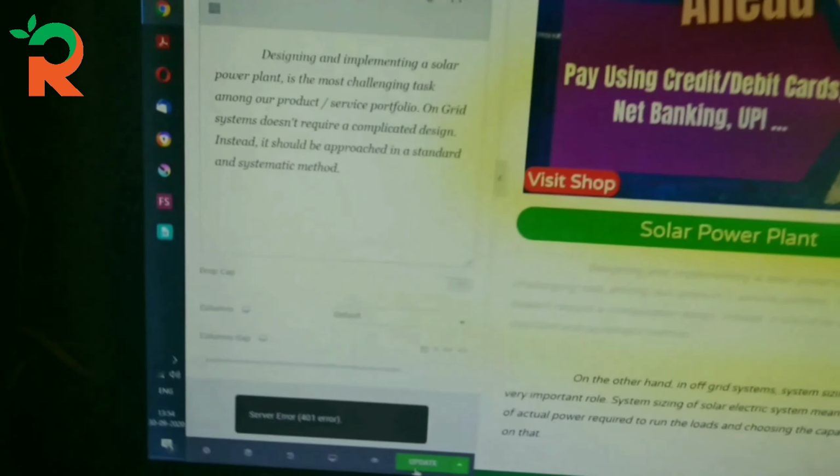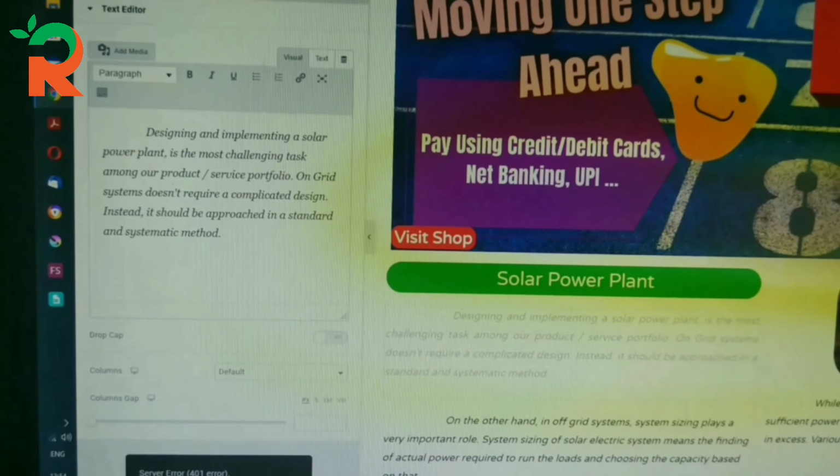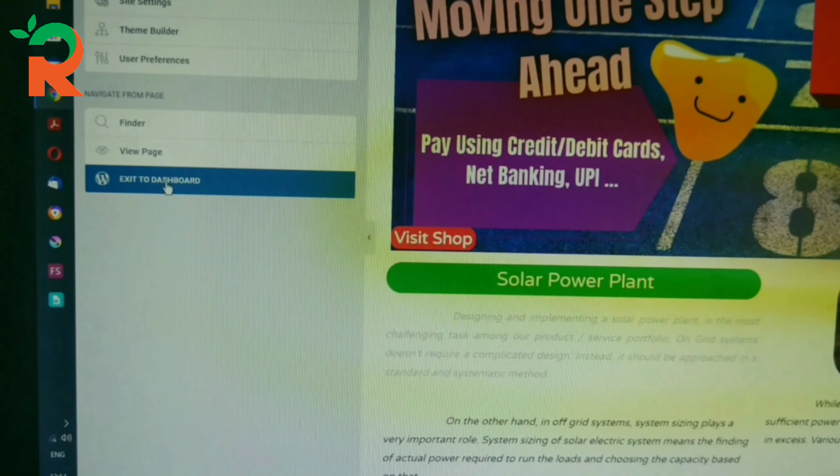So what is the reason behind this error? That is the thing that we are looking into. Okay, now for that I am closing this page builder. I click on the exit to dashboard button and we will go back to the dashboard again.